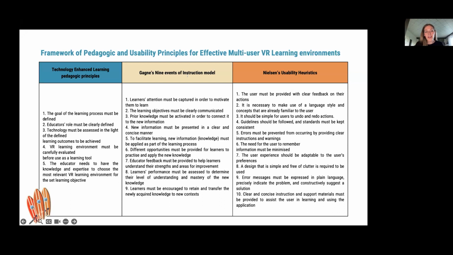So we want to compile this framework with more actual ways to achieve these points. And also one thing we are incorporating is eye tracking. So we were very excited for Britta to also share her experience with heat maps, but that is probably for the next year.